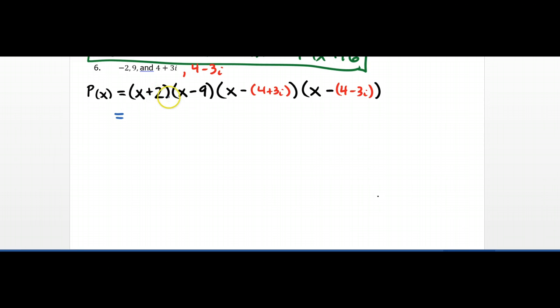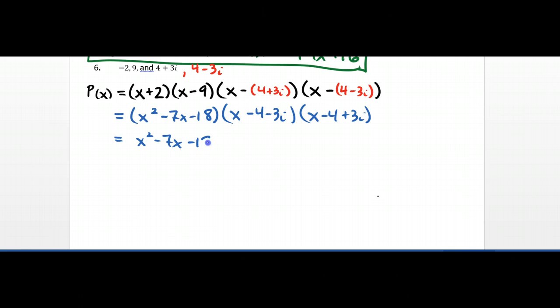Okay, when I multiply my two binomials here, I get x squared minus 7x minus 18. Here, I get x minus 4 minus 3i and x minus 4 plus 3i. And so now when I multiply these together, these trinomials, I'm going to get x squared